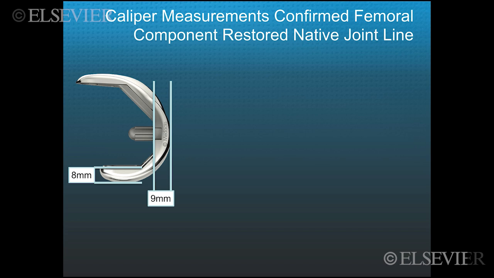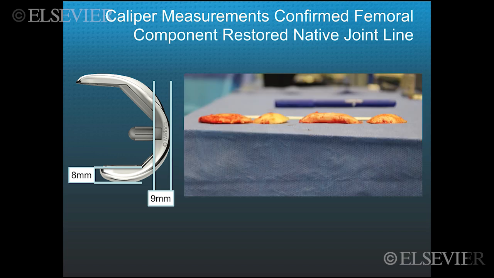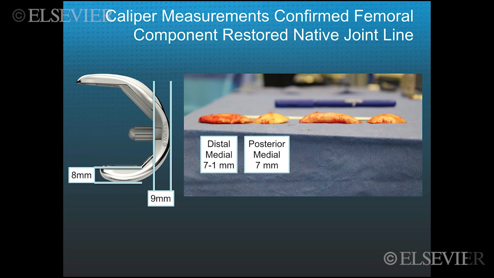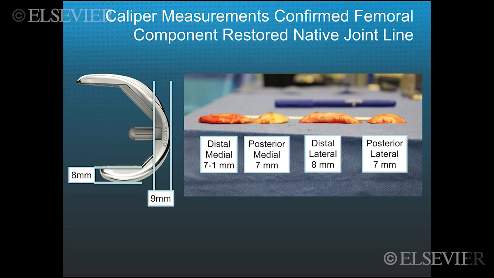This implant was 9 millimeters thick distally and 8 posteriorly. There's the bone resections. There the thickness is 6 distal medial. That's correct, with a millimeter of the kerf and 2 millimeters of cartilage makes 9. Posterior medial was 7, no cartilage wear. Distal lateral was 8, that's correct. Posterior lateral 7. So in 2017-18, we very rarely get those femoral cuts off any more than a half millimeter,